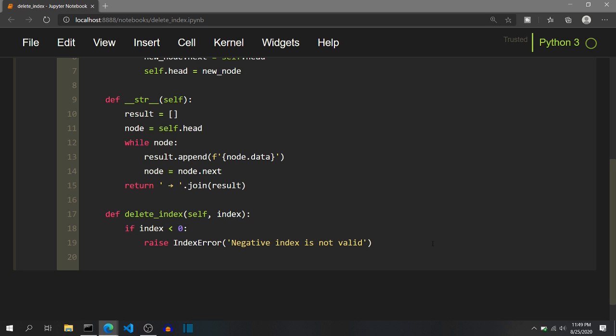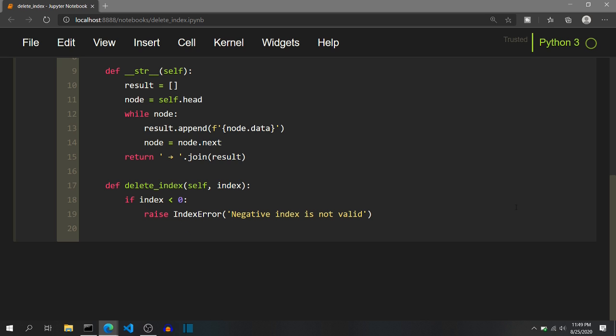Now if the index is positive or 0, if we can visualize the linked list, if we want to delete any node in the linked list, we have to update the previous node to it, so that we can update the next pointer of the previous node to the next pointer of the deleted node, if you can visualize that. If you can't visualize that, don't worry, we will be doing the dry run and visualizing the code after completion of this code. In short, we need to keep track of the previous node.